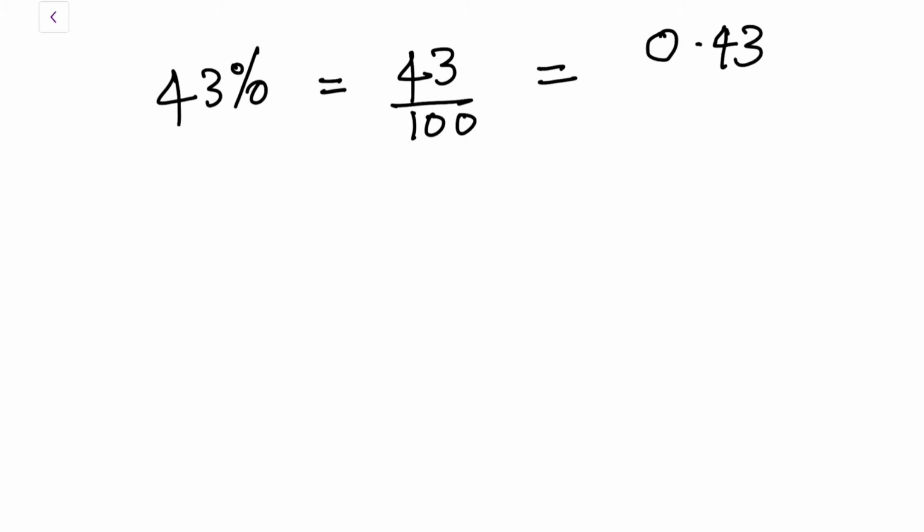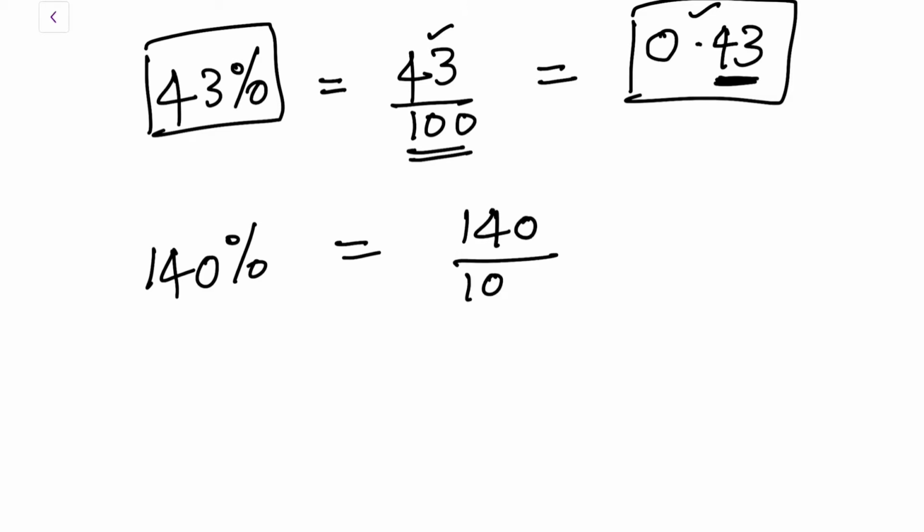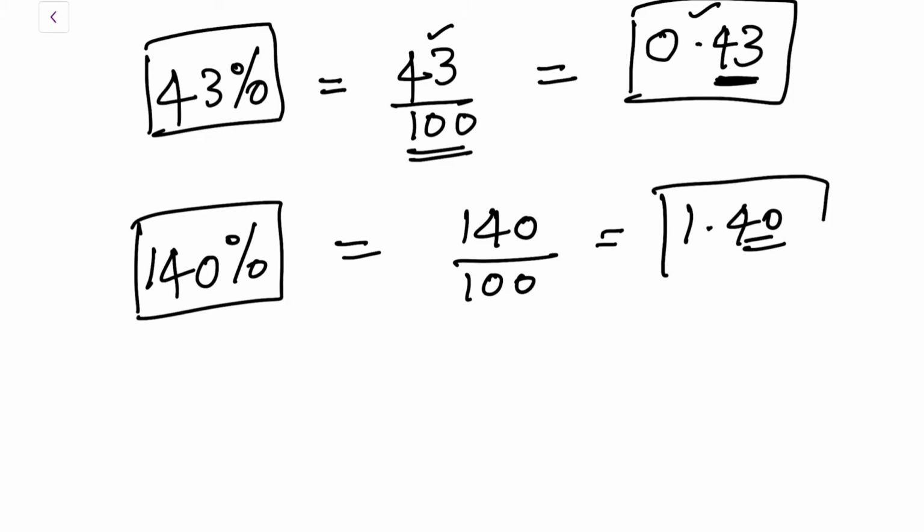We've seen this in the decimal chapter, how to change a fraction into a decimal. All right, because we have 100 in the denominator, the decimal places should be 2, that's why it is 0.43. So this is how you can change a percentage into a decimal. Let's quickly take another example, 140%. Come on, how do you think we can change this into a decimal? Go ahead and divide by 100. 140 divided by 100, this will be 1.40, again 2 decimal places. So 140% can be written as 1.40.